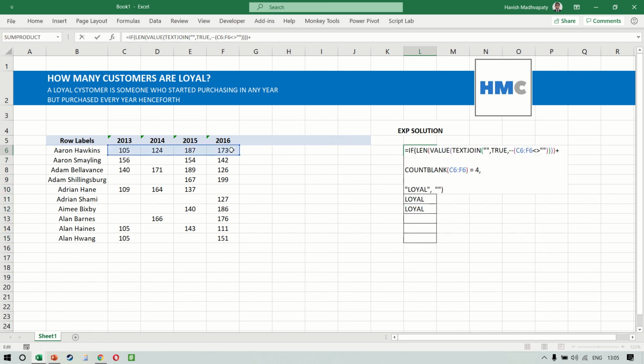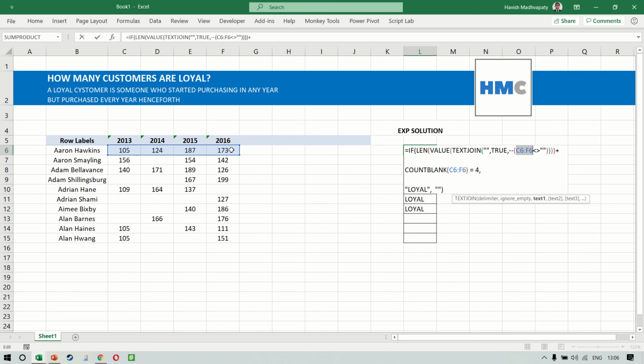So if you had seen the previous example, I hope all of you would agree that this is much shorter, because in the previous one you had to write 4 IF statements. And imagine if you had 12 years with you. That means that you would have had to write 12 IF statements. Writing IF statements is not particularly difficult, but it needlessly makes your formula very long. The advantage of using a unary operator with a TEXTJOIN is that I can select the entire range like this, and it's much easier for me to accommodate multiple columns in a short formula.